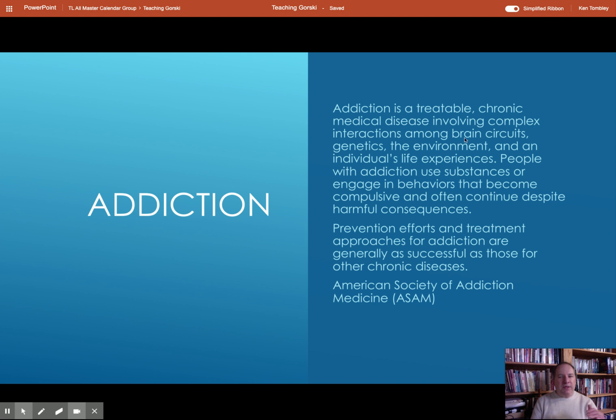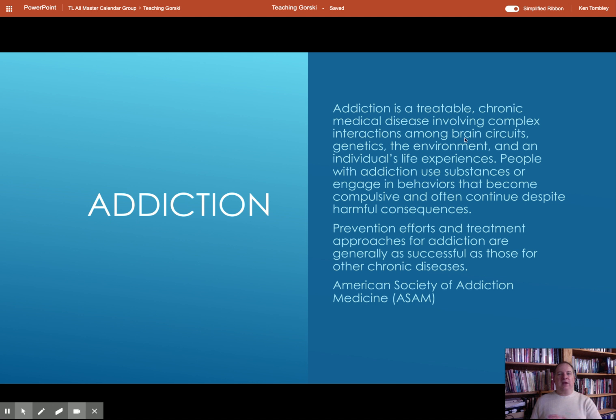So there's some key pieces in here. And as a provider working with a population that struggles with substance use, being able to help them understand what's going on inside of them is a key part of that. So understanding a definition of this thing called addiction that they have. So first of all, it's a chronic medical disease, meaning that it involves the body. It's not just simply a character issue. It's not just simply a lifestyle. It's not simply a thinking framework or a psychological framework. It's an integration of what's going on biologically and psychologically and socially. So it's a biopsychosocial disease, and it